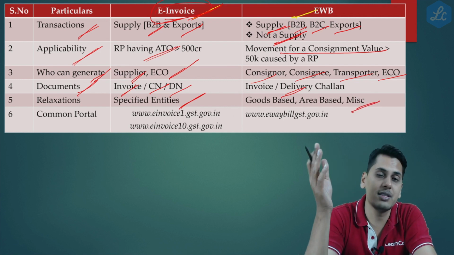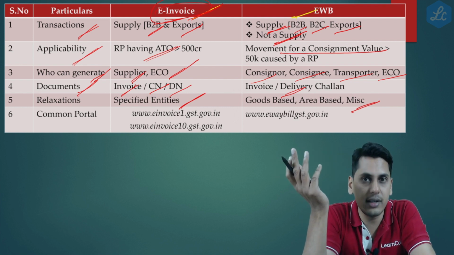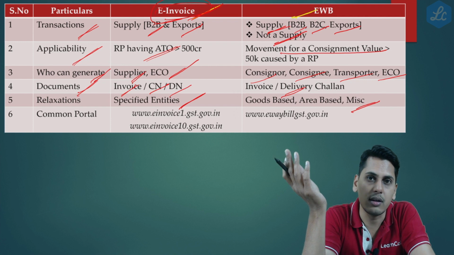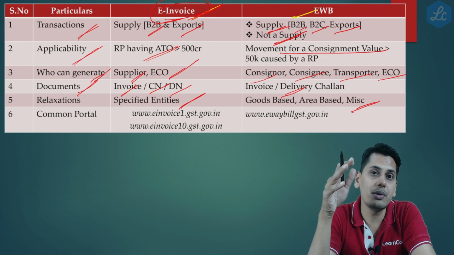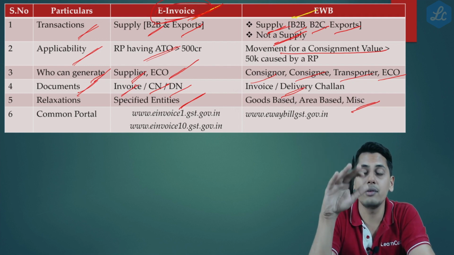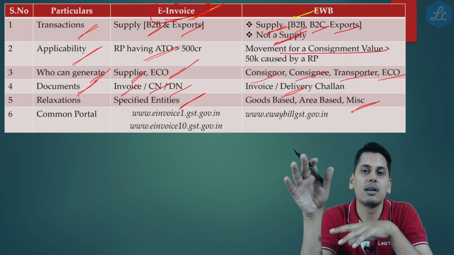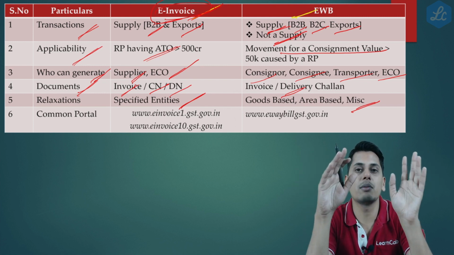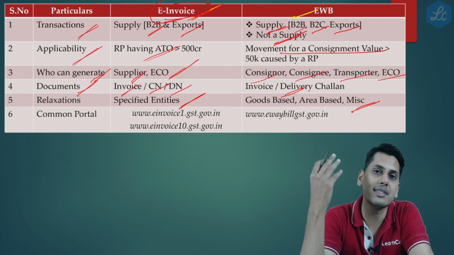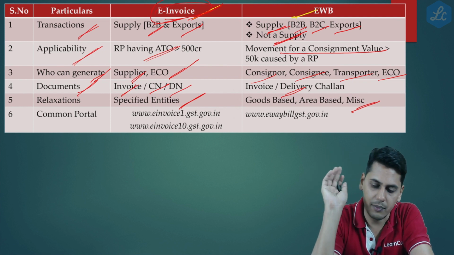Yes, there is goods based relaxation. Say for example, in case of exempted goods other than de-oiled cake, e-way bill is not required. However, friends, for exempted goods, is e-invoice required? The answer is yes, e-invoice is required if the person is notified. If the person who is supplying these exempted goods is notified for the purpose of 48 sub rule 4, and if it is a B2B supply, even for exempted goods, e-invoice is required.